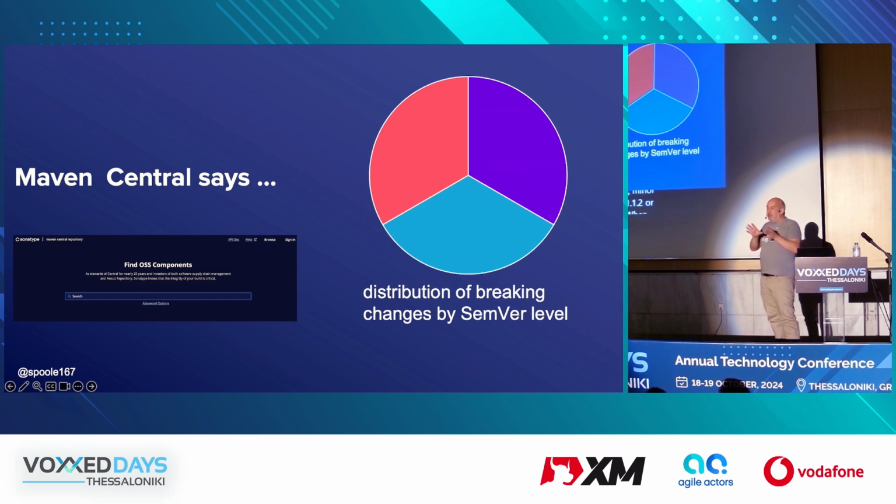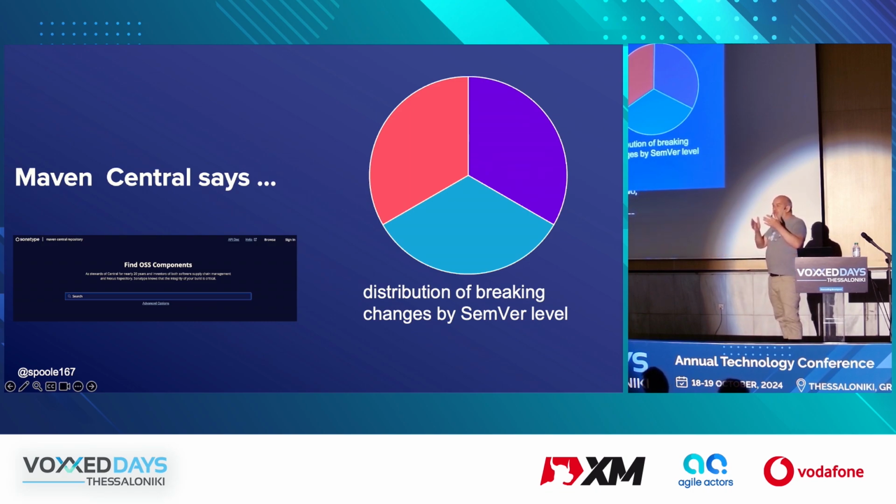how often is it going to break you? Can you predict breakage based on the version number? So if the major version changes, you think, oh, maybe it'll break, right? If I go from version 1 to version 2, there's an intent in semantic versioning to tell you things are broken. So you would expect that.